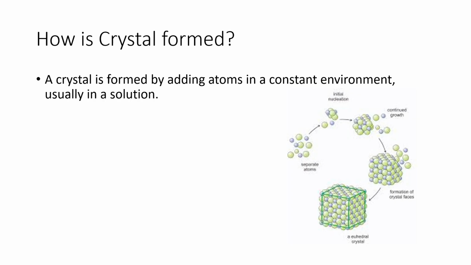It is simple enough. When you add atoms in a constant environment, that means there is less disturbance in this process. If you add disturbance, there will be gaps in this. There will not be a regular arrangement. So